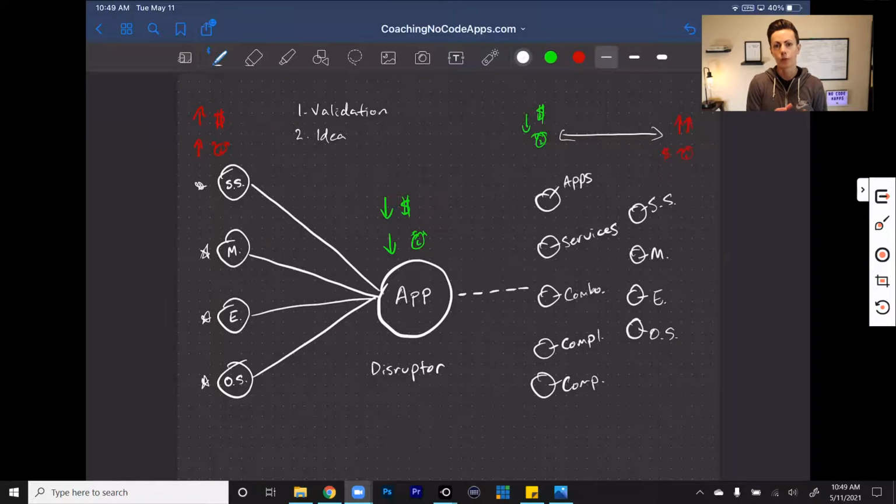But the reason why I want to bring this up is because it can seem a little bit intimidating sometimes to think about, okay, yes, maybe I'm going to disrupt a market because I have an app that can replace any of these existing processes, or I have an app that could potentially bring this industry into the present and carry it into the future. But if I launch this and then a bunch of other apps or services come onto the market, then what am I going to do, right? That can feel intimidating, but it's not a bad thing.